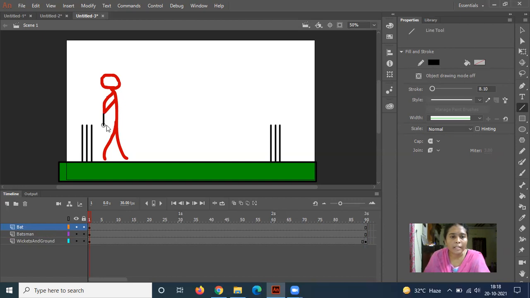See, everything depends upon our creativity. So if you see here, this is my bat I'm drawing. Your mouse needs to work properly.